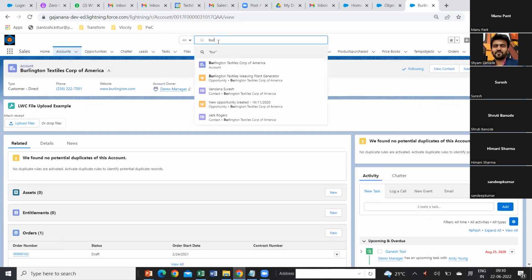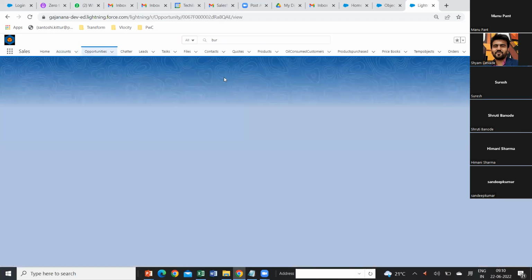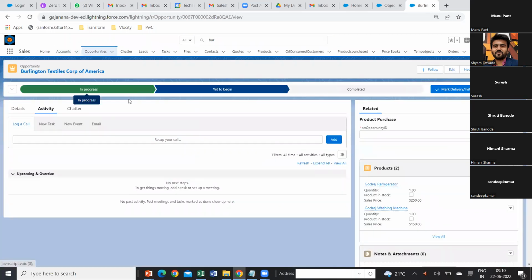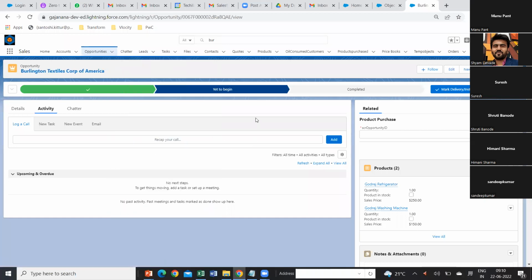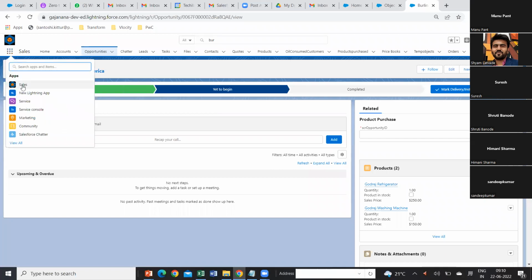So how did I get it? I clicked on the Burlington. If you go and click on the next one, here it shows the opportunity. It will take you to another record which has got the Burlington, but it is an opportunity record. Does it make sense, guys? So what you need to remember is that this is called the global search. Okay. So coming back to,